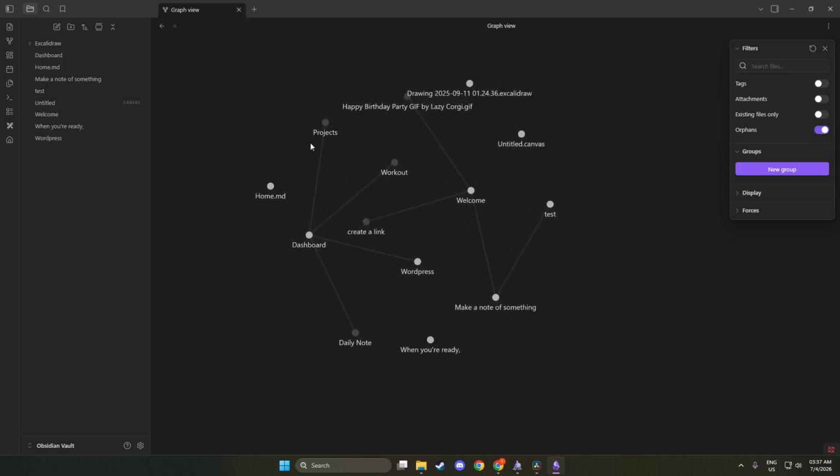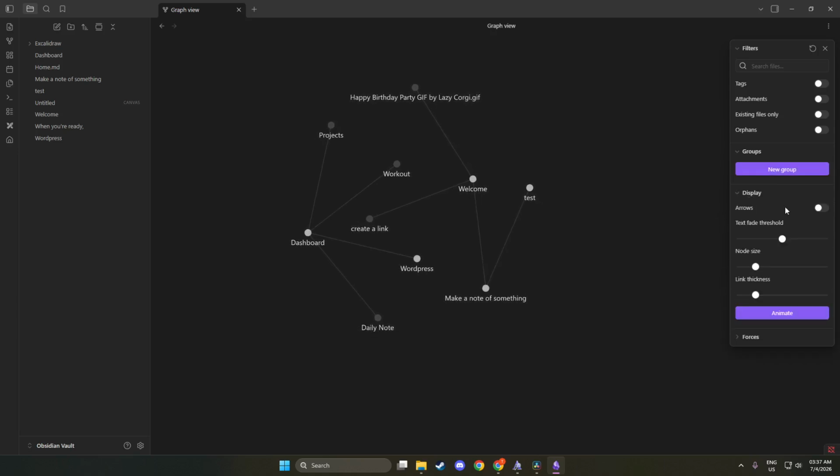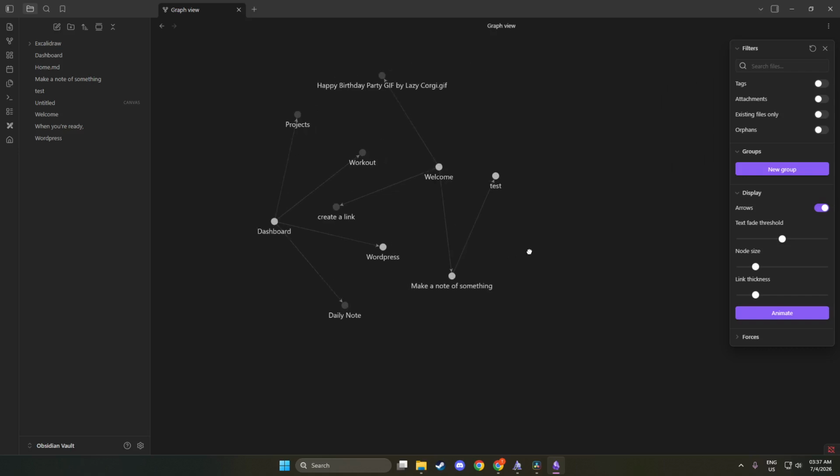This is where the real power of Obsidian lies. You can visually map out your thoughts and ideas, making it easier to navigate your knowledge. Once that is done, take a moment to explore the graph. You can zoom in and out to see broader or more detailed views of your notes.